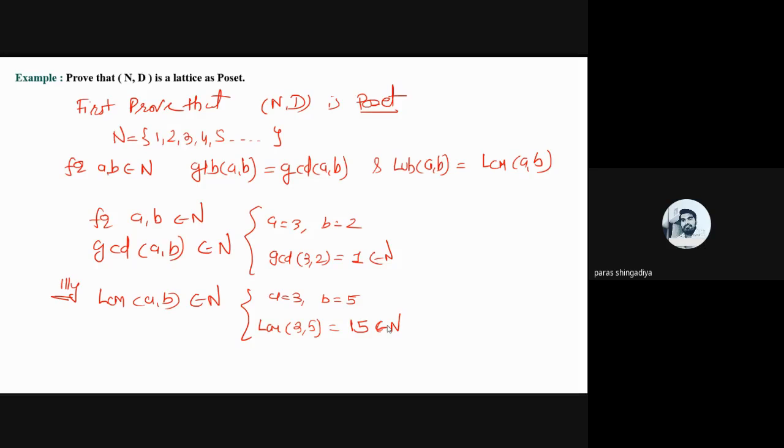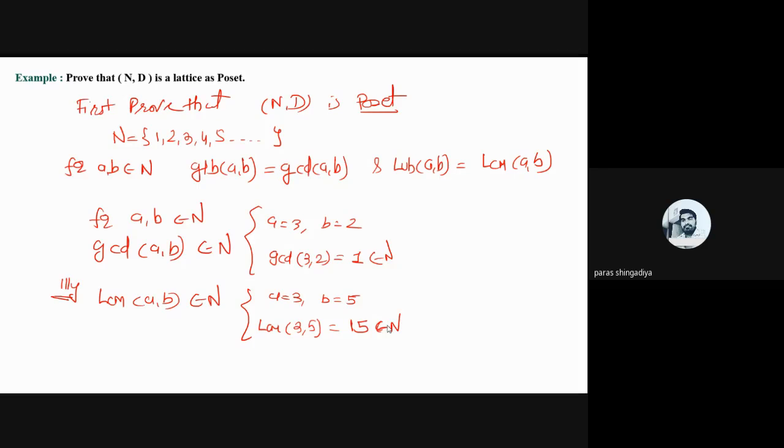So for any two numbers belongs to n, any pair you can consider here. ठीक है, कोई भी दो नंबर आप ले सकते हो n में से, तो उसका LCM का जो answer है, LCM, that is always a perfect number, और जो value answer मिलेगा वो हमेशा perfect number ही होगा और कभी भी जीरो नहीं होगा। ठीक है, कोई भी दो positive number का product जीरो नहीं होता। Clear? So that is not a zero, negative भी possibility नहीं है। ठीक है, क्योंकि दो positive number का LCM कभी भी negative नहीं होता। Clear? That is always a positive. And any two perfect numbers का LCM always a perfect number ही होता है। ठीक है, that is a true in mathematics and that is standard relation. So LCM of any two numbers, that is also belongs to n.